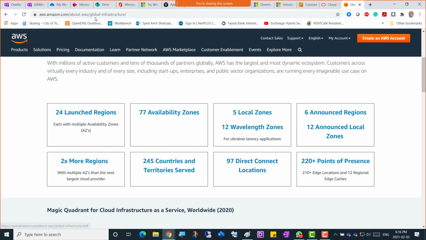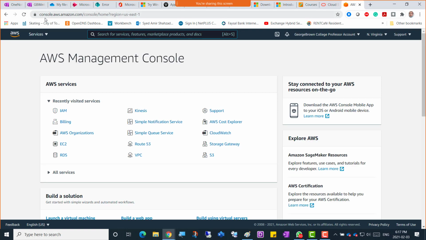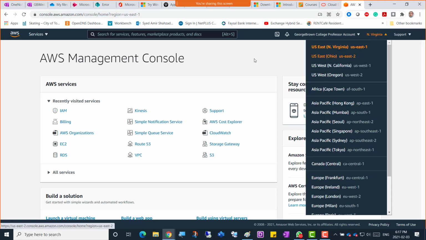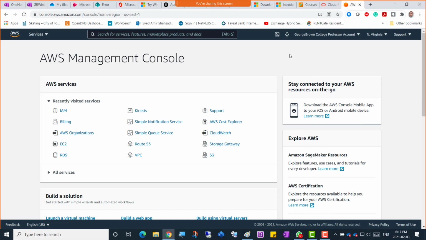So first of all, what I'm doing is that I'm going to the AWS Management Console, and what's the URL for that? So you can see there, it's console.aws.amazon.com, and it just shows /console, and in fact it also mentions the region that is nearest to us. That's North Virginia, or the US East. Actually, well, there is a Canadian region there. So if I go to regions here, okay, well, let's have the intro first. I am logged in from